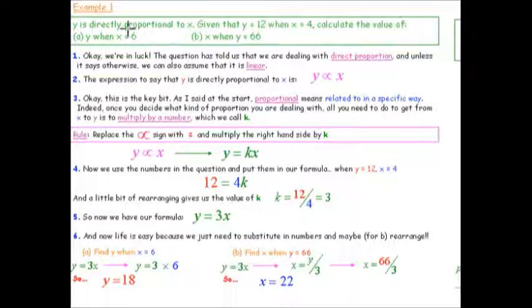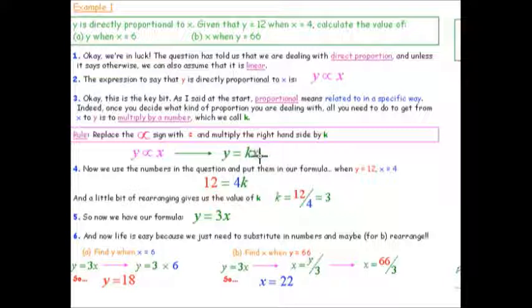Luckily, the question told us it's direct proportion. So the first thing you do is the expression says y varies directly with x. Mathematically, you write y, proportionality symbol, x. Next, remember the steps that we use. We convert the proportionality sign into an equal sign and a constant. So when y varies proportionally with x, it implies that y is equal to